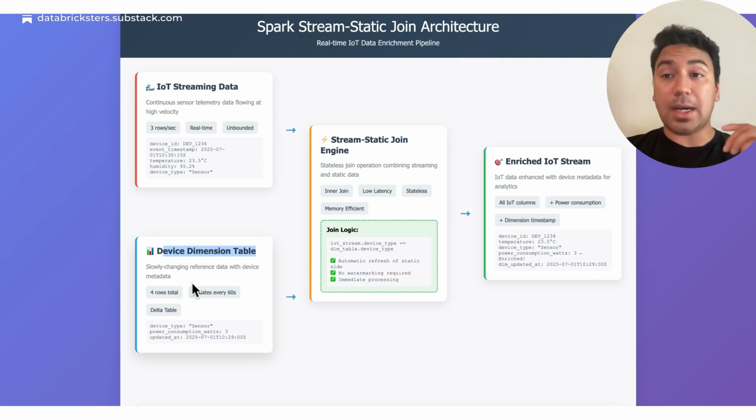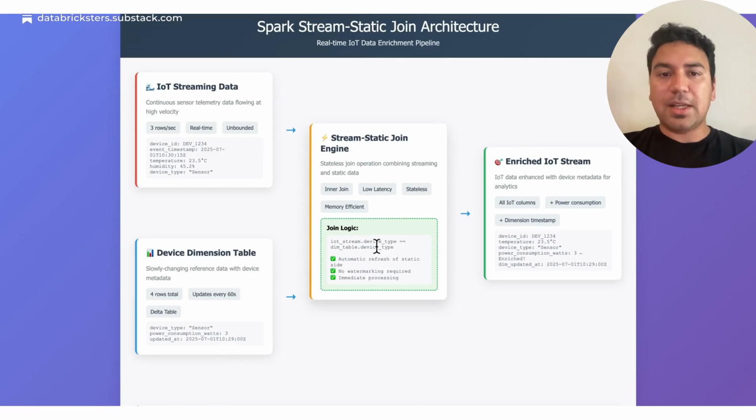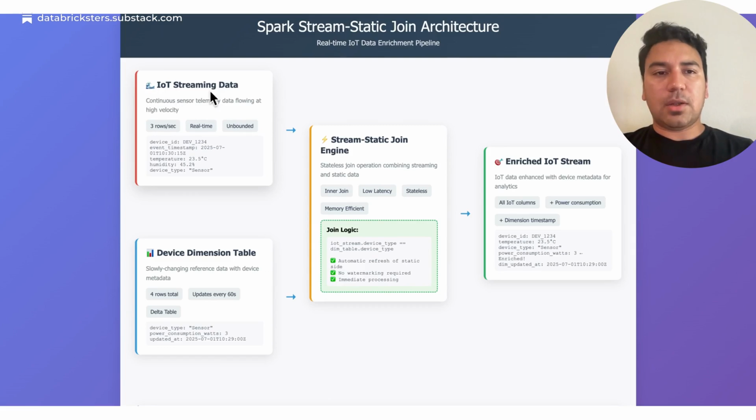Another thing, which is even worse, is that if a new device comes up, like you deploy a new device in the field, and that device's information has not made it to the dimension table, that row will get dropped, right? So if you do a left join where you have your IoT streaming data on your left,